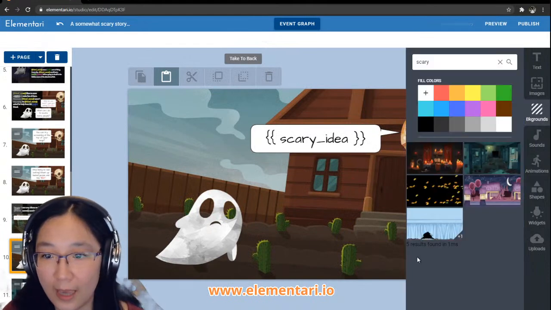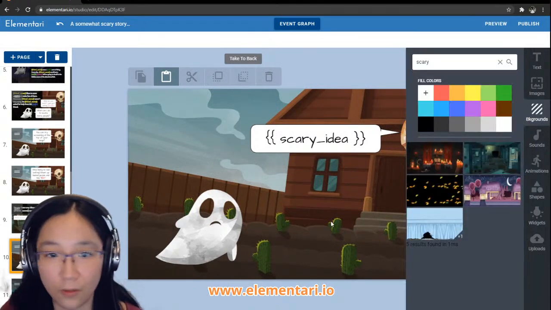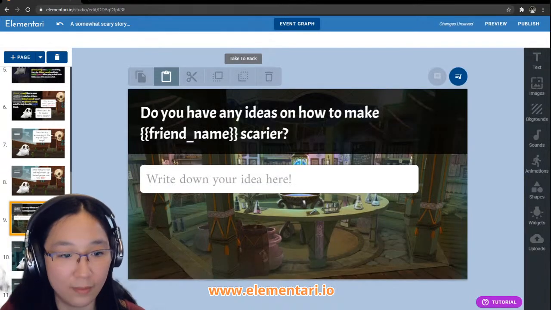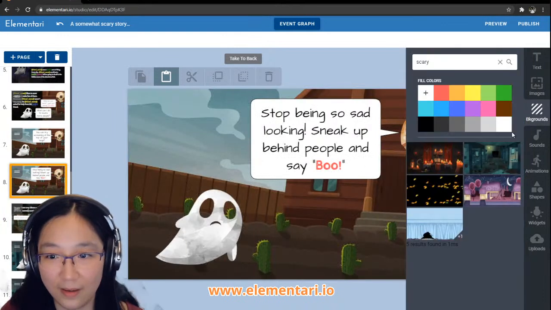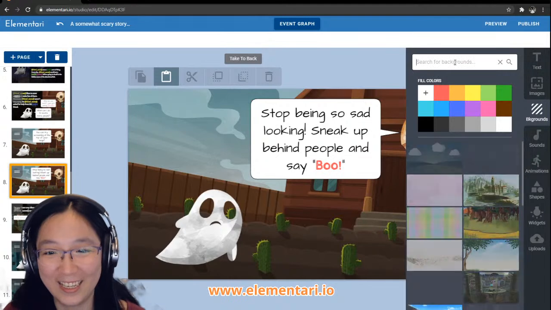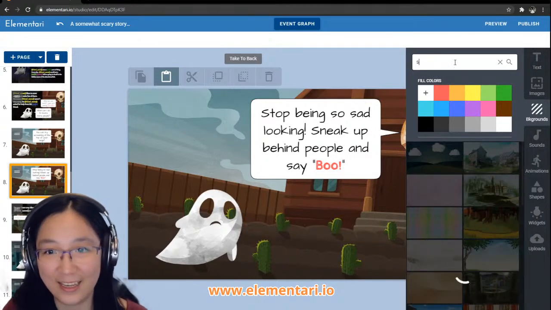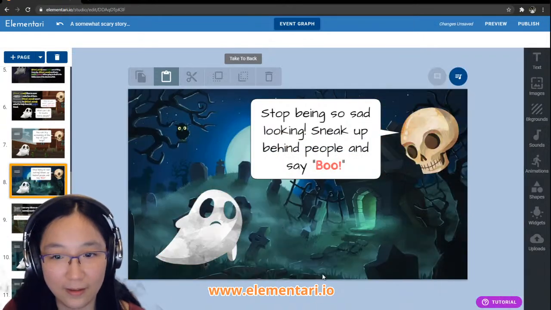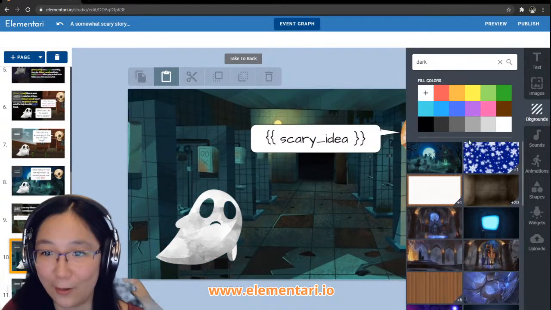And I don't know, do we have anything else we want to do on these pages? I guess we could put them all in the bathroom. Don't make them all in the bathroom. Let's see, if I put like dark, do I have anything else? I like this background.